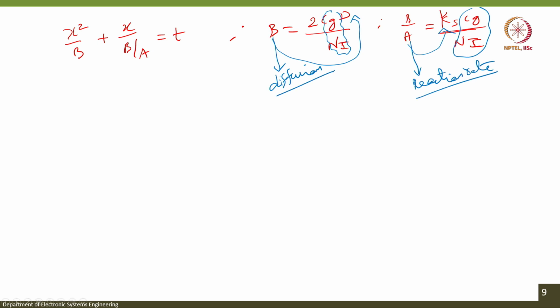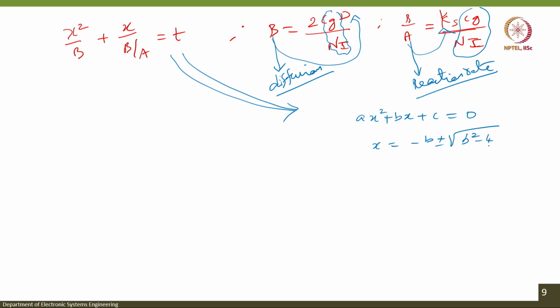That is the reason why we did all this rearrangement and shuffling, right. Now does it make sense later? Let us see. Now you have this equation, this is a quadratic expression, right. So the growth is not going to be linear, that is very clear, right. Now what is x now, right. So let us say you have an expression ax square plus bx plus c equal to 0, what is x? Minus b plus or minus root of b square minus 4ac by 2a, something like this, which is very school mathematics, right. Now here small a is 1 by b,